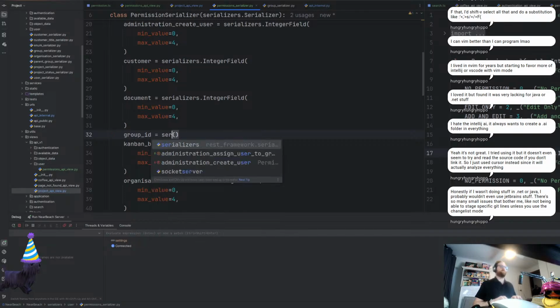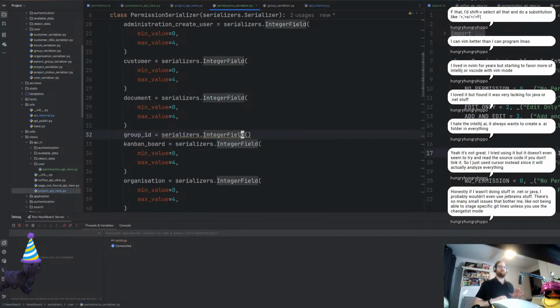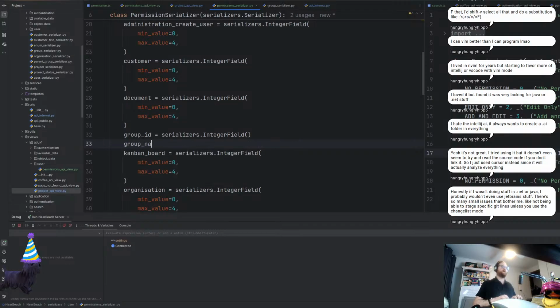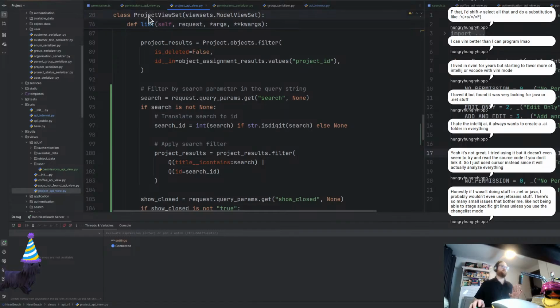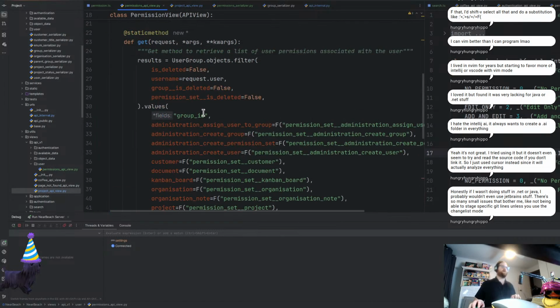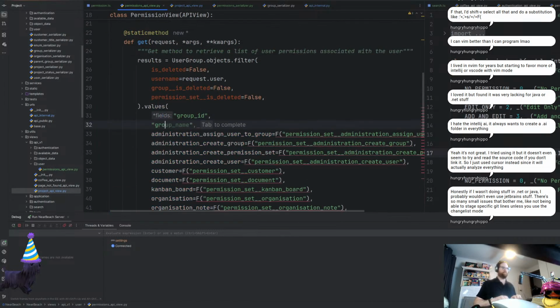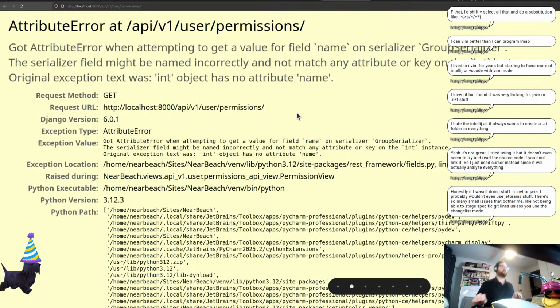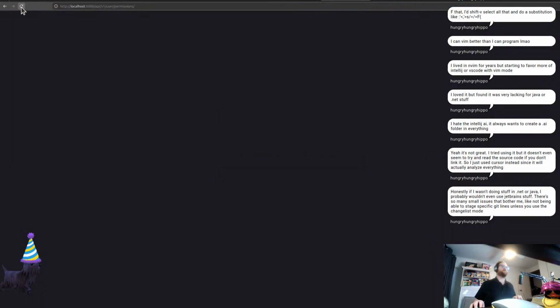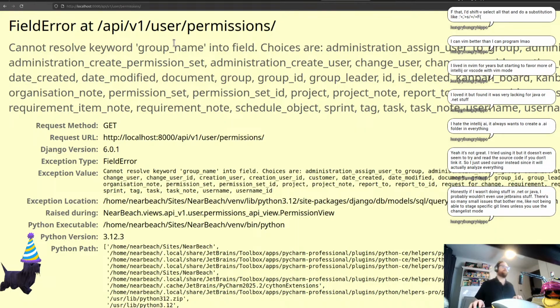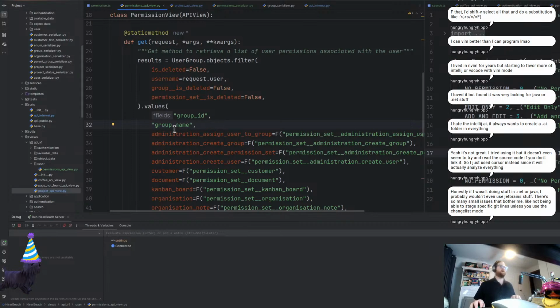We're removing that. We're going to go serializers dot integer field, easy done. Group name equals serializers character field. We're just going to do that for the moment. That's perfectly fine. We've got the group ID. Want the group name like that. And then when we hit refresh, sorry, that is actually meant to be group name equals F, and that's going to be group under